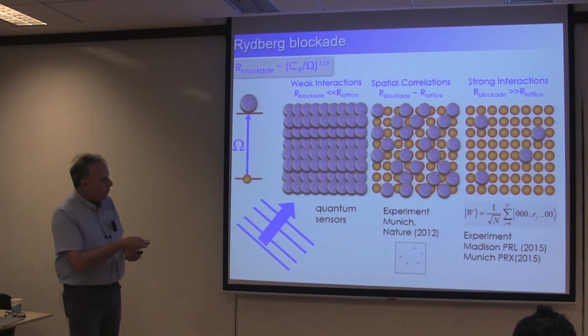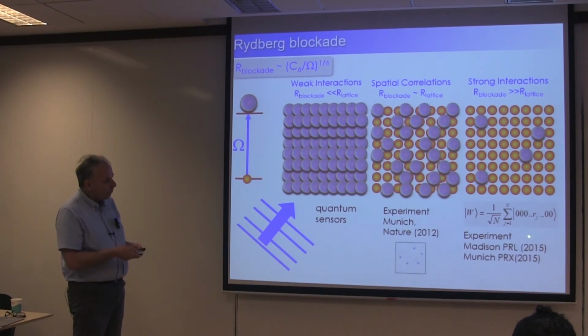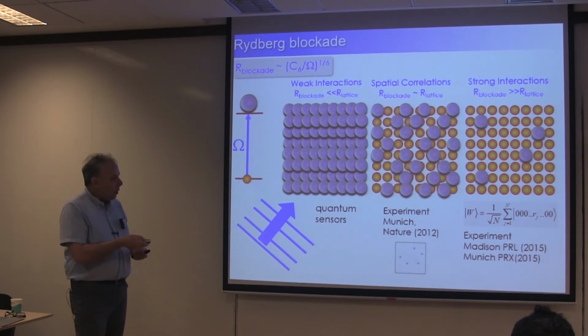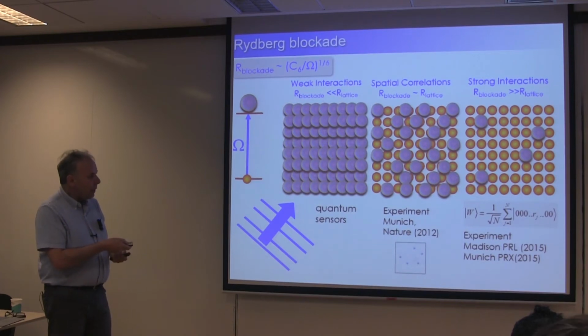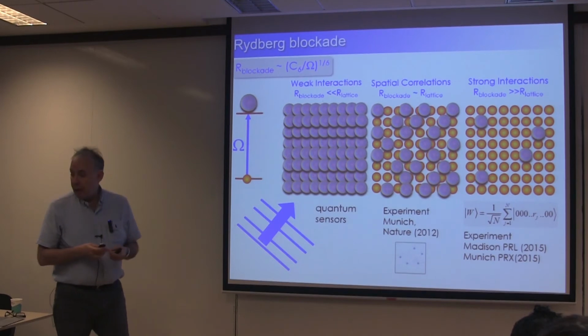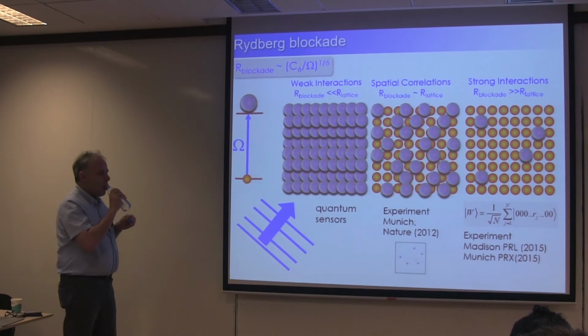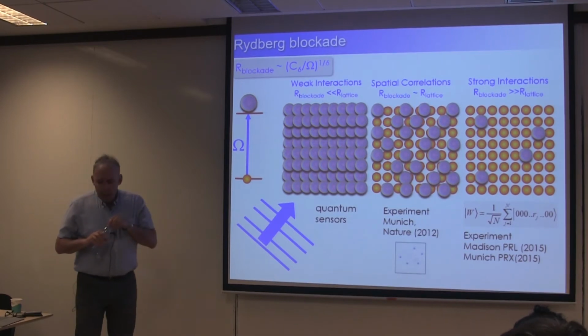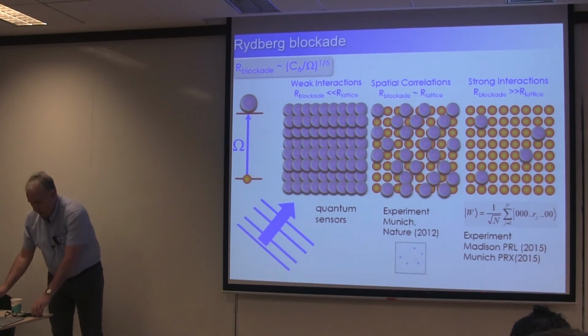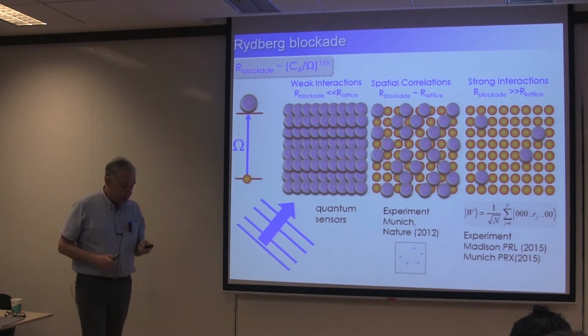And I'm not going to show you any details of that today, but this is an experiment we did a couple years ago now in Madison, with a disordered ensemble, and it's also being done in Munich with an ordered array of this kind. And one can create many-body entanglement in this way in sort of a one-step process of more than 100 atoms. Just 1 second. And so that's one type of entanglement one can create with these Rydberg interactions.